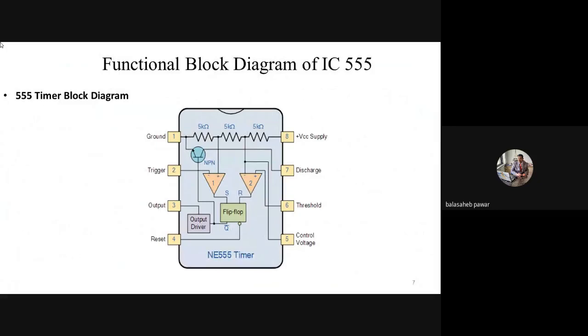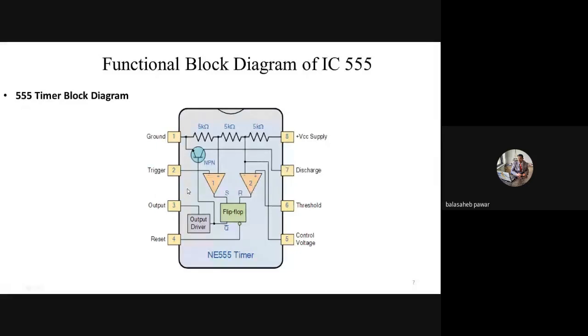Okay. So see, for this IC 555, why is it named 555? Because there are three 5 kilo ohm resistors connected in series between VCC and the ground. And I mentioned that these resistors are used to generate the reference voltage for the 2 different comparators. You will observe these 2 are the comparators inside the IC 555, which is designed and developed using various transistors, and the type of transistor used in the IC 555 also decides its various numbers.